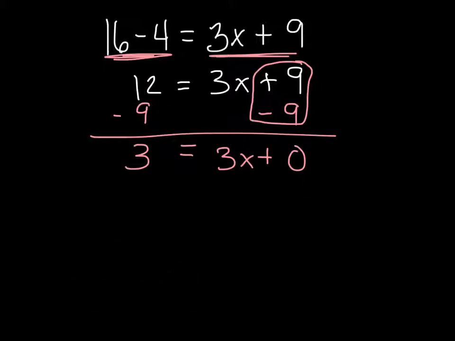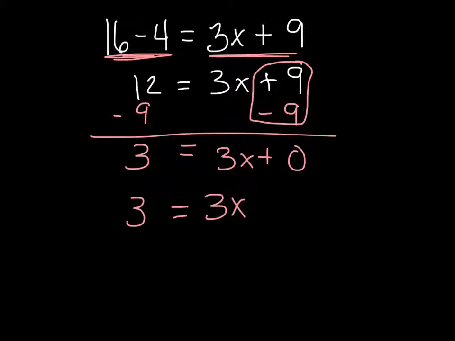You're allowed to divide both sides of an equation by the same value and multiply. A lot of things you can do. You can square both sides, square root them. As long as you basically do the same thing to both sides, you're in the clear. So this is the same thing as 3 equals 3x. Now, it's pretty obvious here x equals 1,